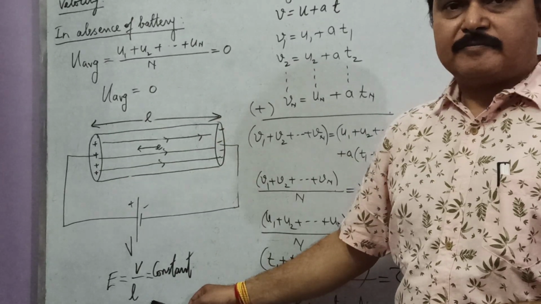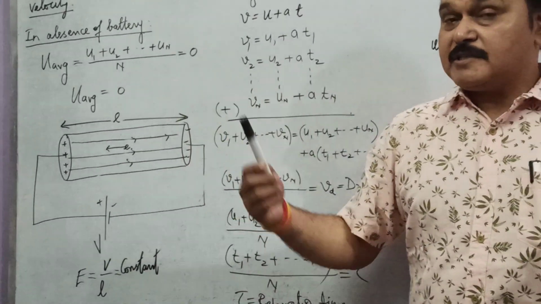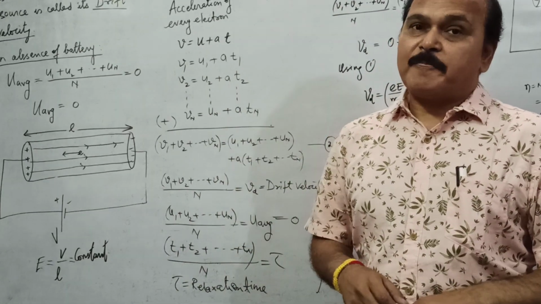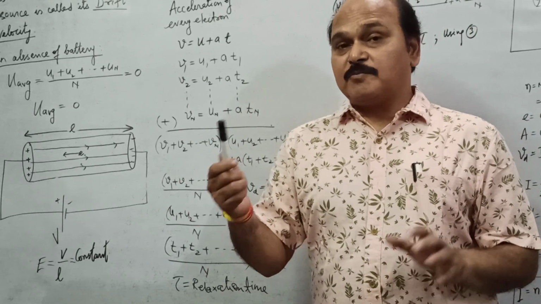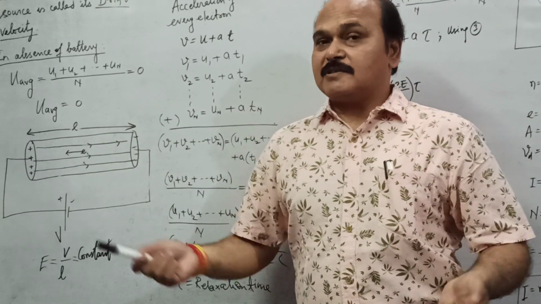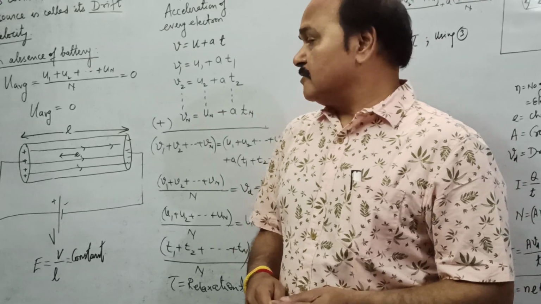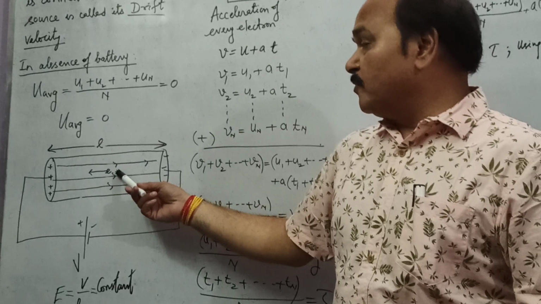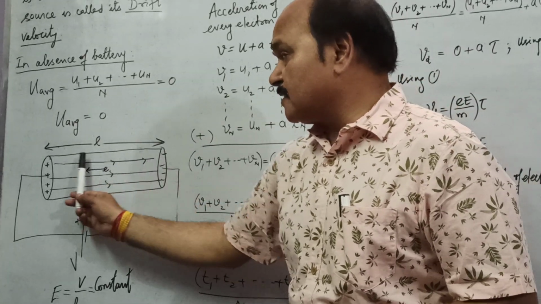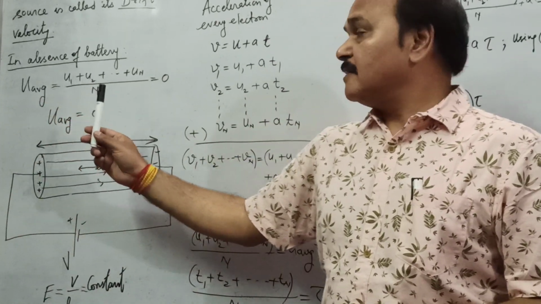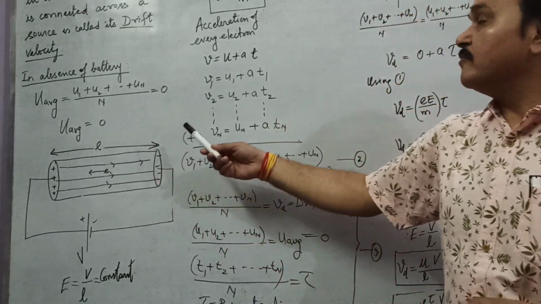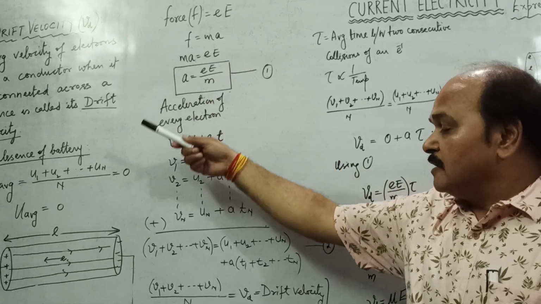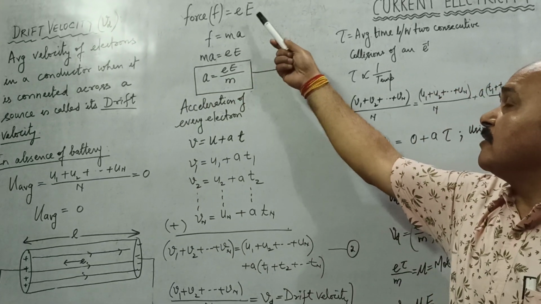E = V/L. And you know, every charge in an electric field always experiences a force. If it is a positive charge, it moves along the electric field, and if it is a negative charge, it moves against the electric field. So electrons, being the free charge carriers, move towards the positive plate. They move in the direction opposite to the electric field, and the velocity with which they move is called, of course, drift velocity.